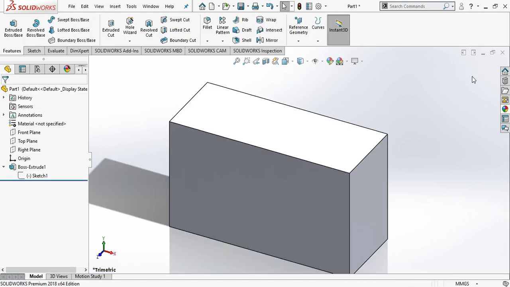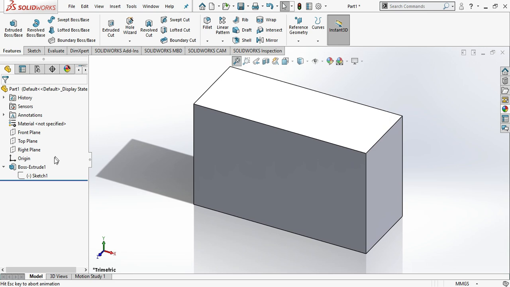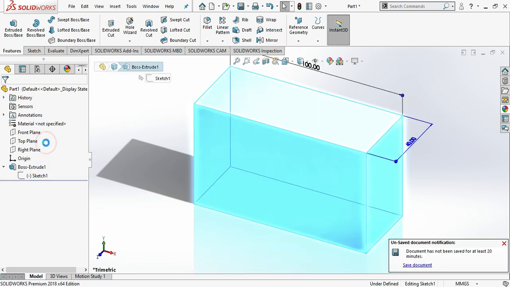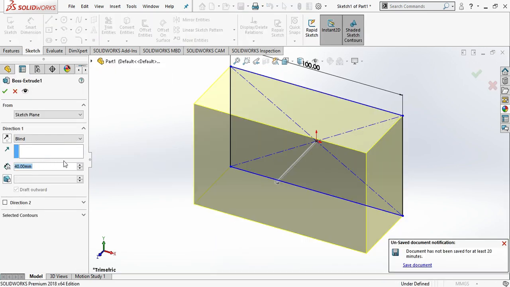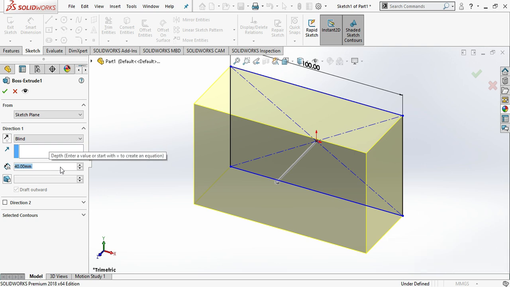I can also edit the extrude by selecting the extrude feature and then selecting the Edit Feature icon. I'm taken back to the same Property Manager where I created the extrude. If I want to change this depth to 50, I simply key in 50. Close out of the Boss-Extrude command, and my model